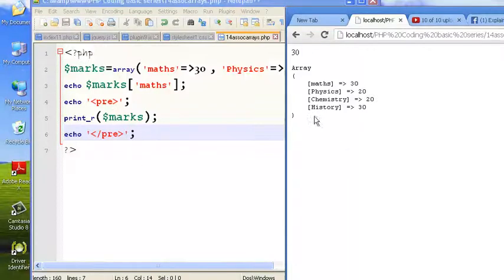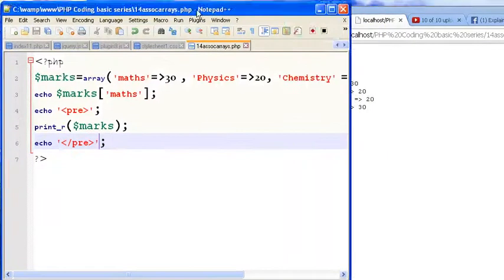And since we have surrounded it with pre-formatted tags, the output on the screen will be as it is, with no spaces being skipped. So this is how all the indexes, or the keys, whatever you may call it, along with the values, are neatly displayed on screen.